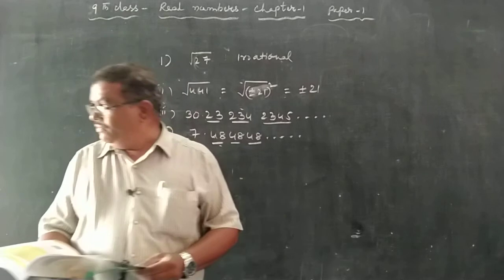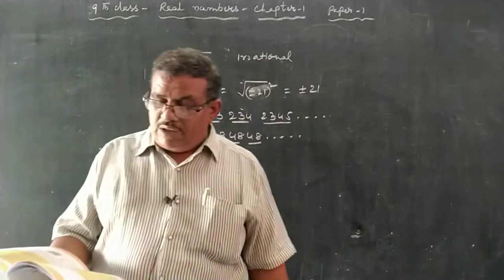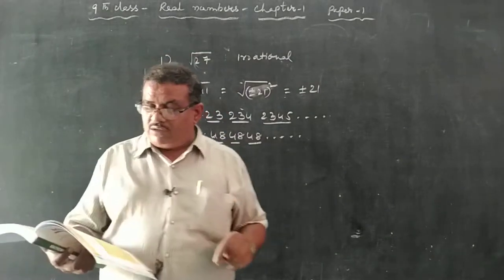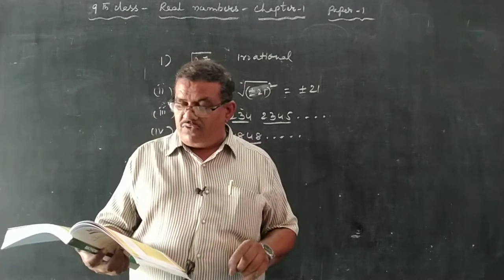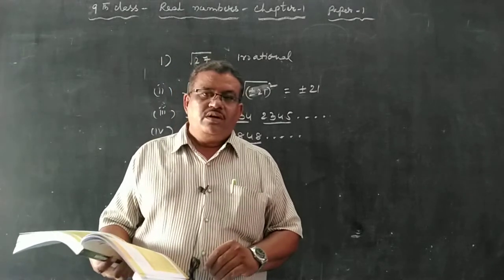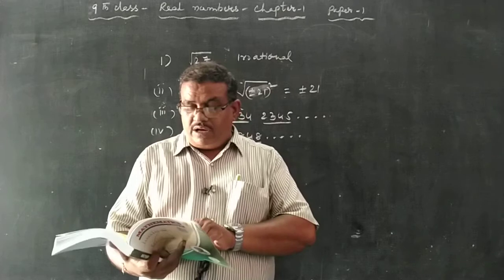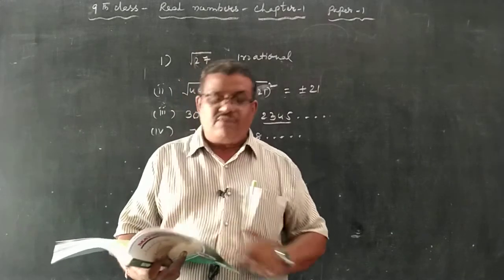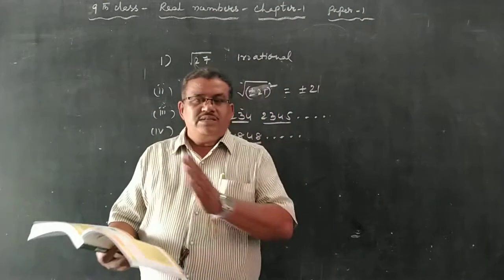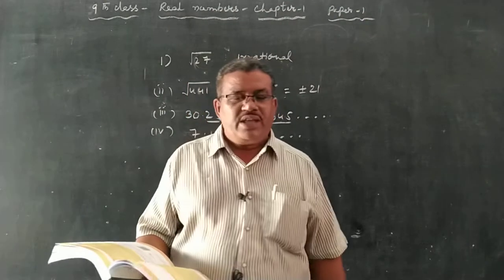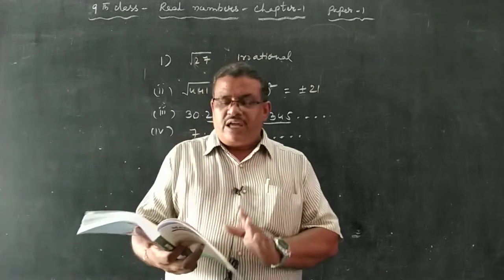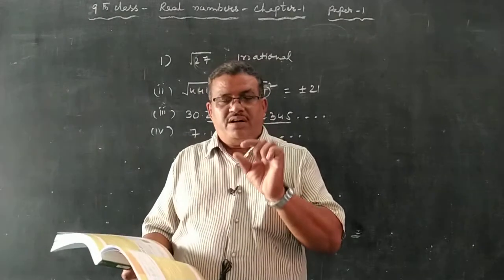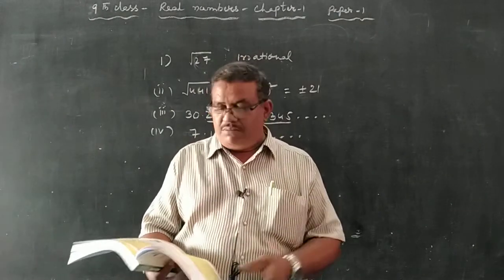Now go through the fifth question: 11.2132435465. Count the digits after the decimal: 1, 2, 3, 4, 5, 6, 7, 8, 9, 10. After 10 digits the decimal stops, so it is clearly a terminating decimal. Every terminating decimal can be expressed as a rational number.